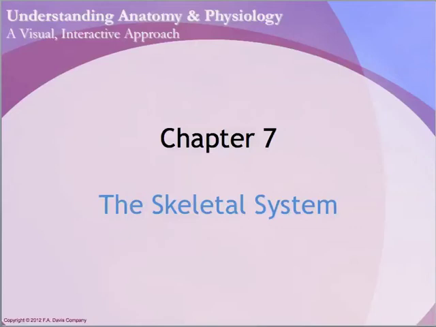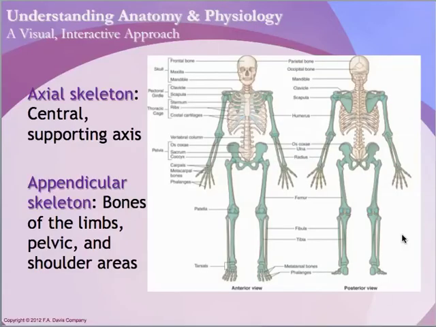All right, so this is going to be on chapter 7, which is the actual skeletal system. The last lecture was on bones and bone tissue, and how bone grows and what bone is made of. This is going to focus on just the pieces of the skeletal system, so more than just the anatomy of the skeletal system. I'm going to let you know what exact bones you need to know,